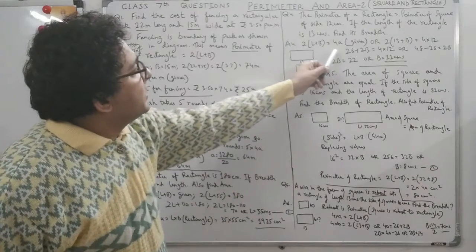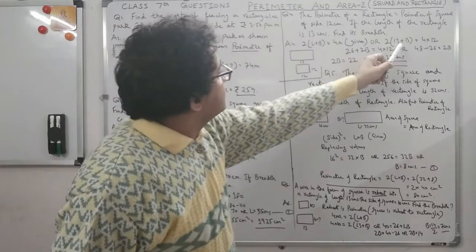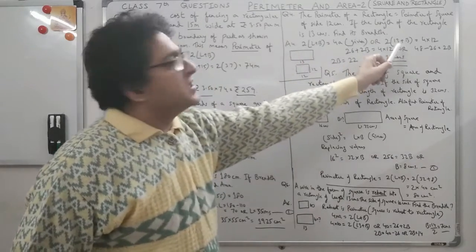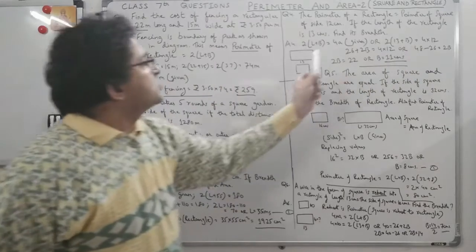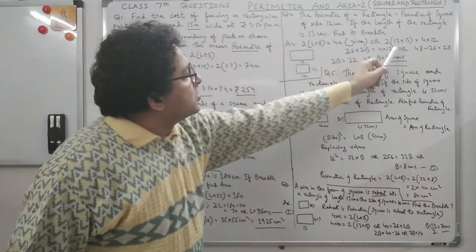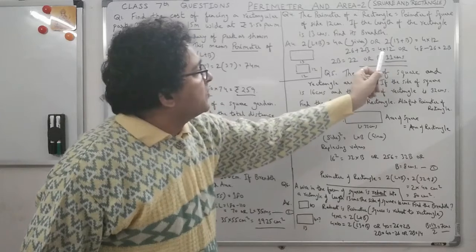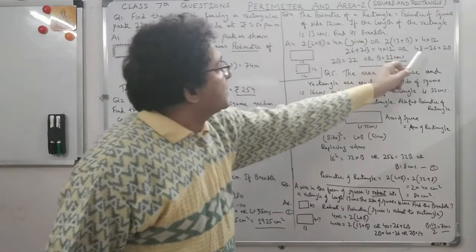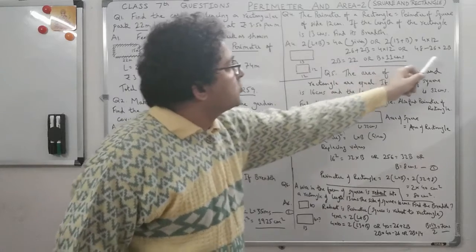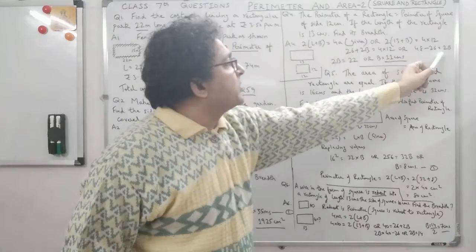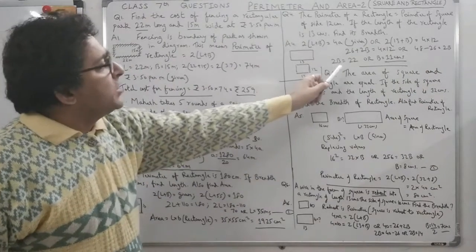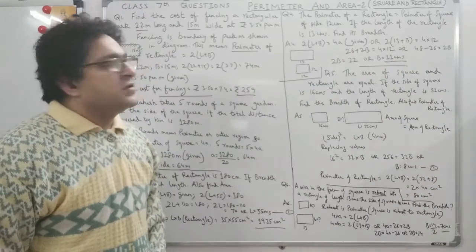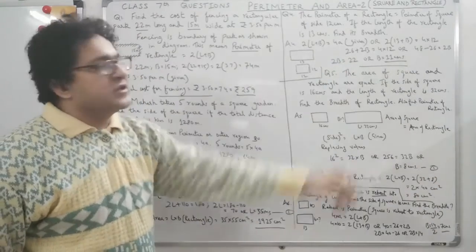Now let's put in as per the question. Twice (length plus breadth) is equal to 4a, as I told you. Twice (13 plus b) is equal to 4 into 12, because a is 12. So this becomes 26 plus 2b is equal to 4 into 12, which is 48. 48 minus 26 is equal to 2b, when you transpose. So 2b is equal to 22 and b is equal to 11 centimeters. That was being asked: the breadth is 11 centimeters.